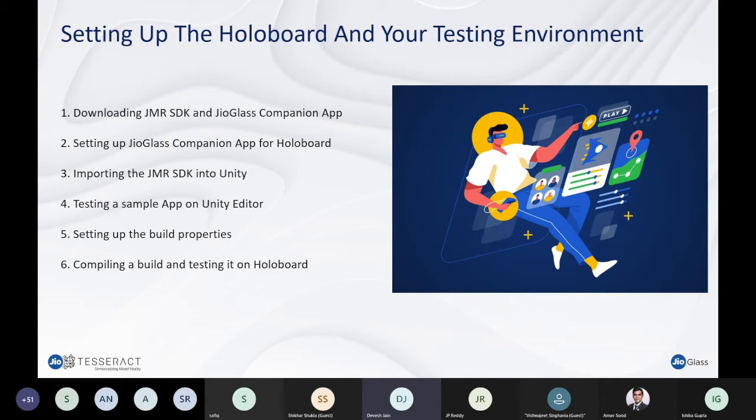Hi all. Yeah, got it. So it's not working on HoloBoard. The UI is working perfectly when I'm working in the environment, but when I'm testing it on HoloBoard, the UI that I have set up on the SDK, the camera setup UI, I'm not able to see on the HoloBoard, but the other UI like the start game and all are perfectly working on the HoloBoard. This is what is happening with me.